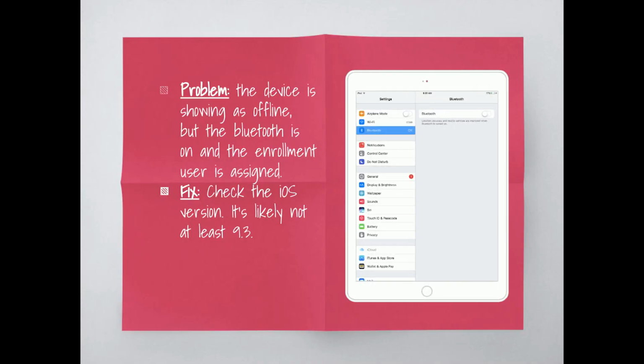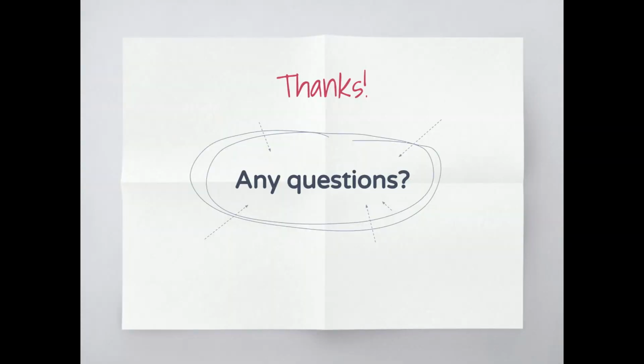If all of the stuff that should be there is there, it's probably not on the right version of iOS. We had that problem a good bit. Honestly, I have that problem more with teachers than anybody else. Teachers not updating their devices. So that is the end of my